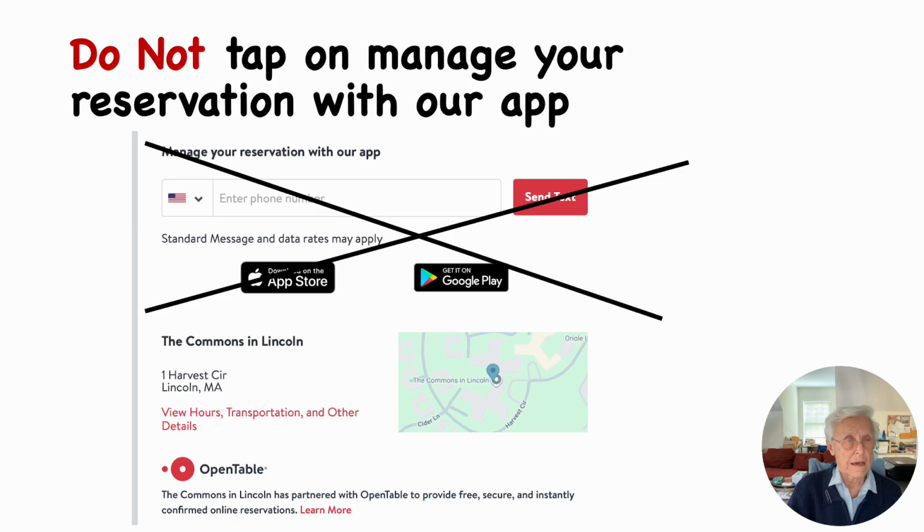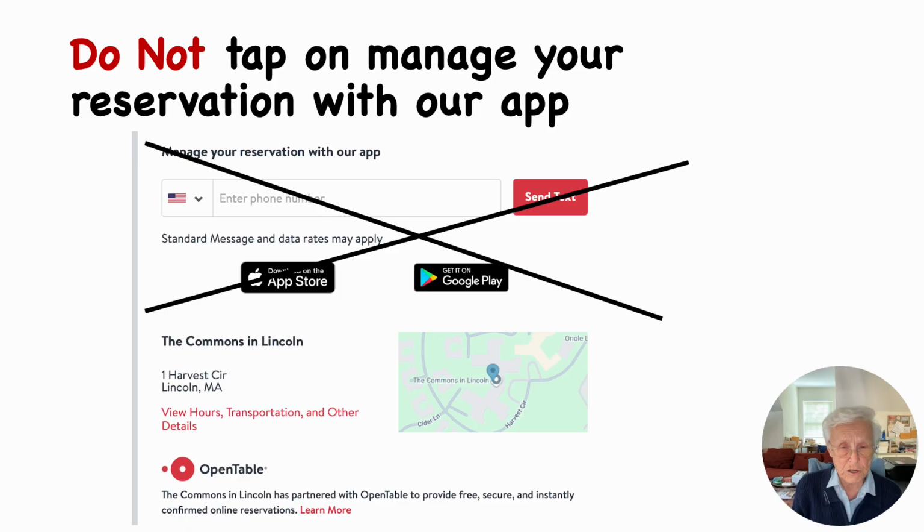At the bottom of that page, as I just mentioned, it will ask you if you want your reservation managed with the app, and you don't want to do that. So please don't click on that. What happens if you do that is the app will take over management of that reservation, and it's very difficult to modify or cancel using that. So remember that you always want to go through making a reservation by using the Uniguest platform and follow through as I just showed you,